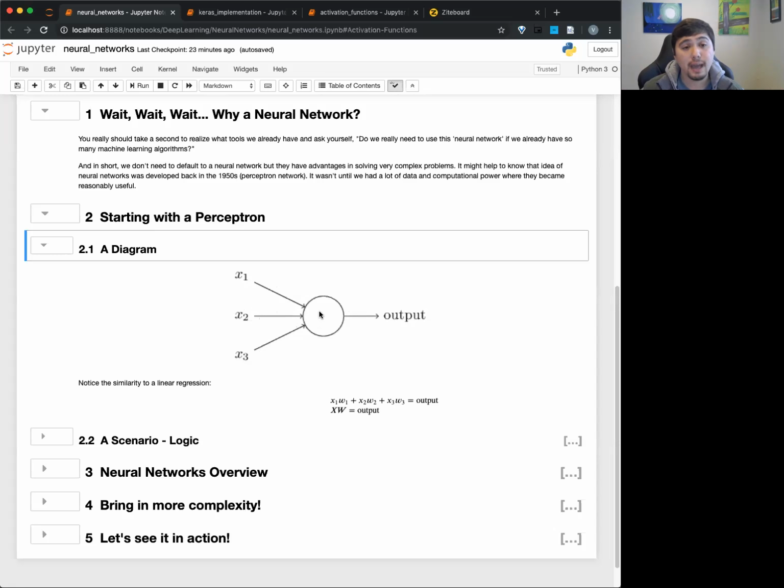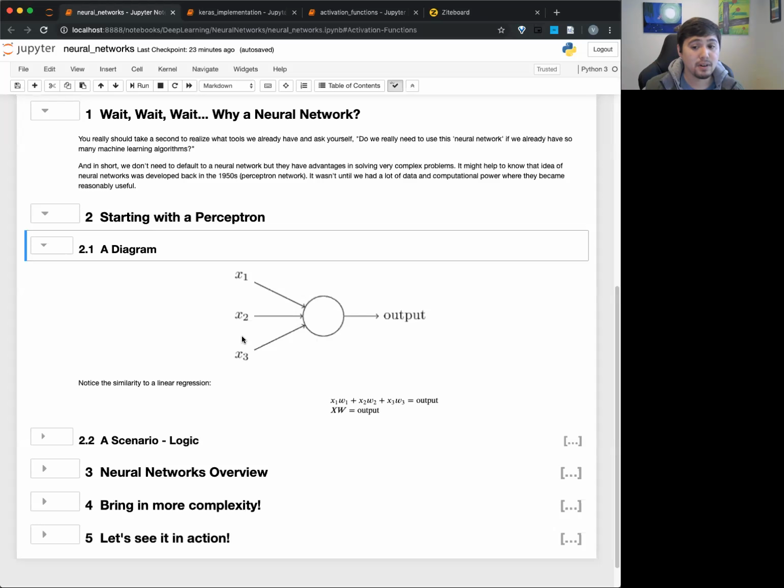Then usually at this point we have another function, which we'll call an activation function. We'll go into more detail later, but this activation function takes that value and transforms it in a nonlinear way, and that will be our output. In general, that's the idea: we take these inputs, multiply them by some numbers, add them together, maybe apply another mapping of that number, and then spit it out as an output.